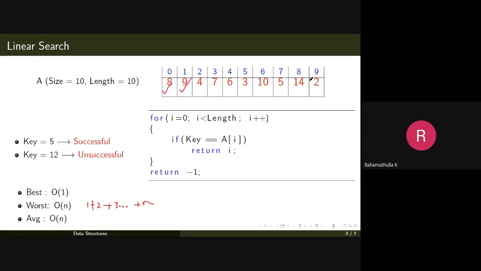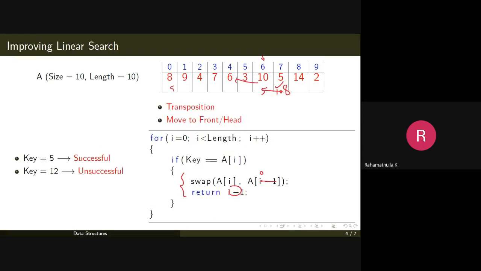If you're searching for something which is not present in the array, then n+1 comparisons. So the total time taken will be n(n+1)/2 divided by n. You will get it as order of n itself. So the average case analysis is also order of n.